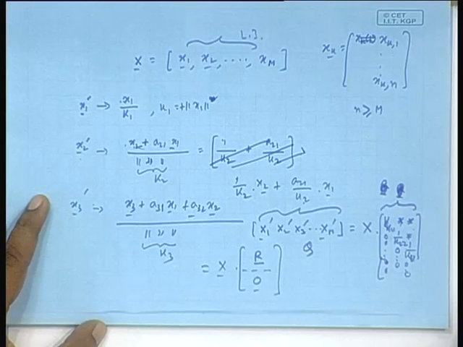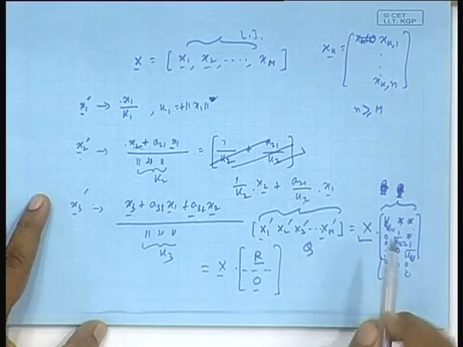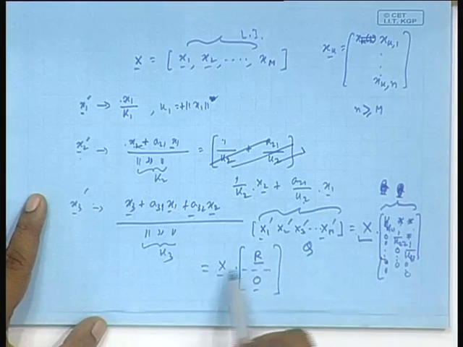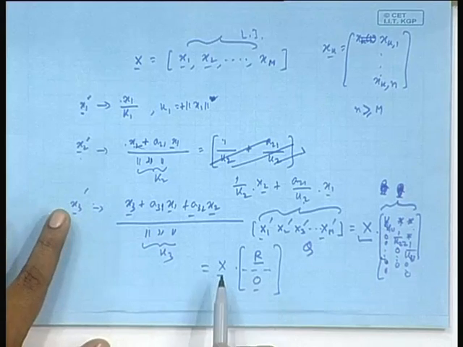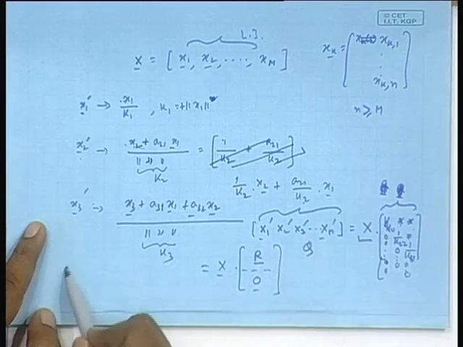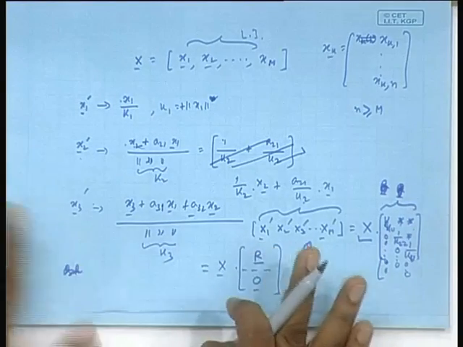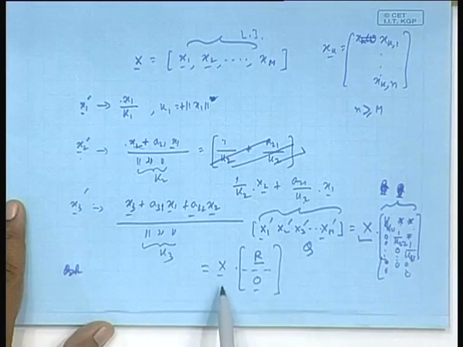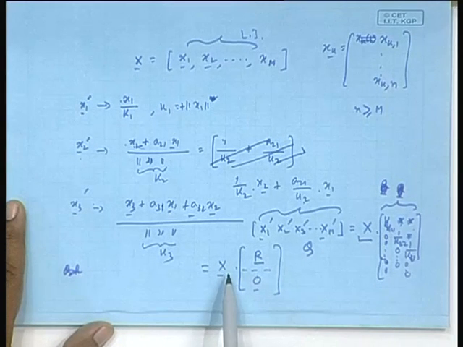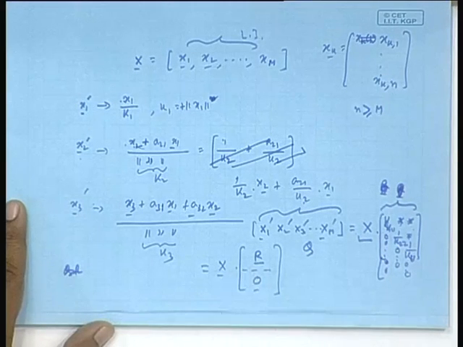Now, for the time being, let us write this as X equals Q times R and 0. Let us call this the QR decomposition. Actually, X will be of some form of this kind, some Q, some R, may not be exactly this, but that comes from this. For the time being, we will see that given the data matrix, we can write it this way. Question is how to get R?